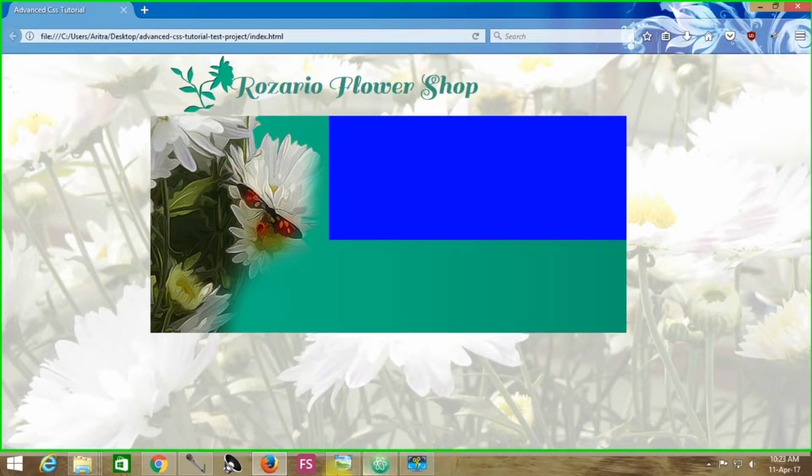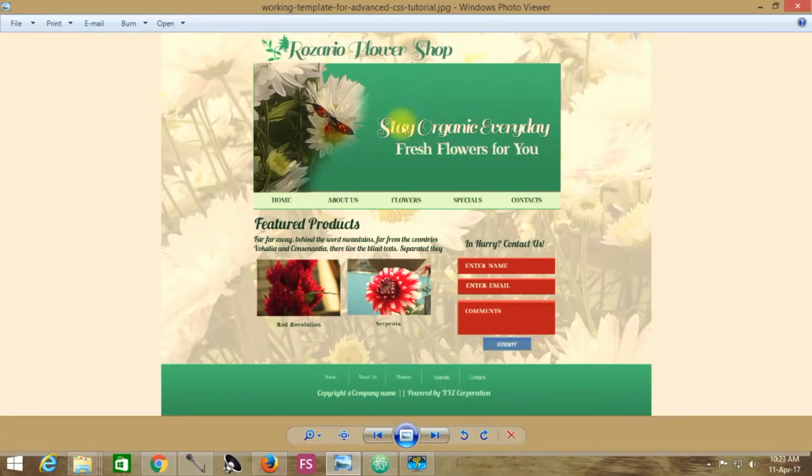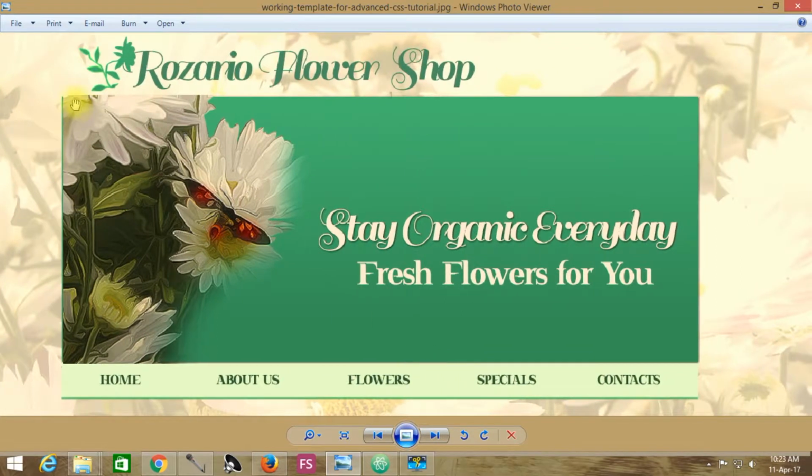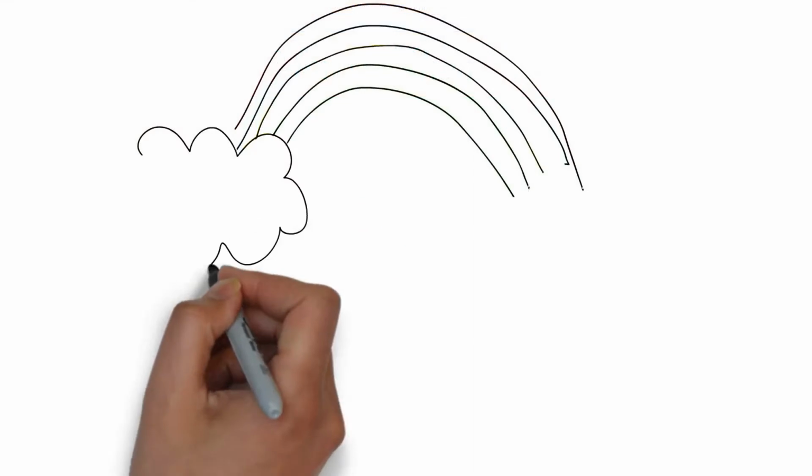Now we need to take care of this text element, this one. We are practically creating this part. Now we have to make sure that this text element